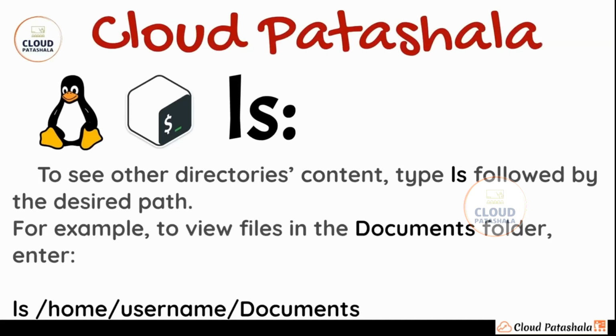For example, if we have to view the files or subfolders inside the documents folder, all we have to do is say ls and the actual path of the folder, that would be home username documents, and this would then provide us a list of all the files and subdirectories that are there